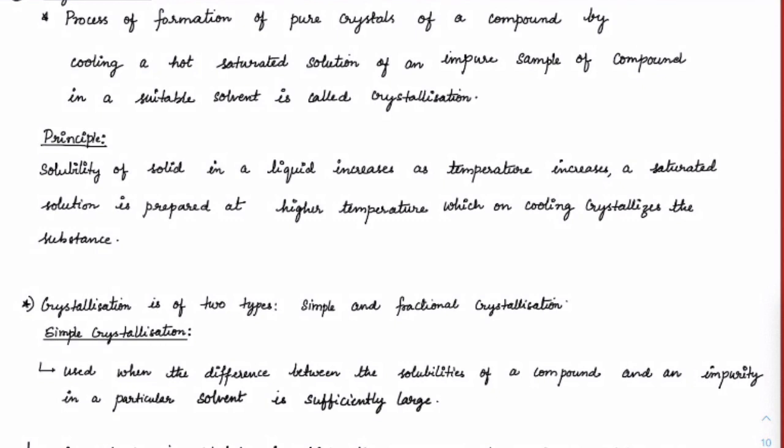We do the same thing even with sugar, got it? While extracting sugar from jaggery, what do we do? First, we heat that in the solvent. Solvent is water most of the time. Then we take it to a saturated level. From the saturated level, it will slowly crystallize. That is by cooling. When you cool that, slowly the sugar crystals will come out. So this is the basic technique of crystallization.